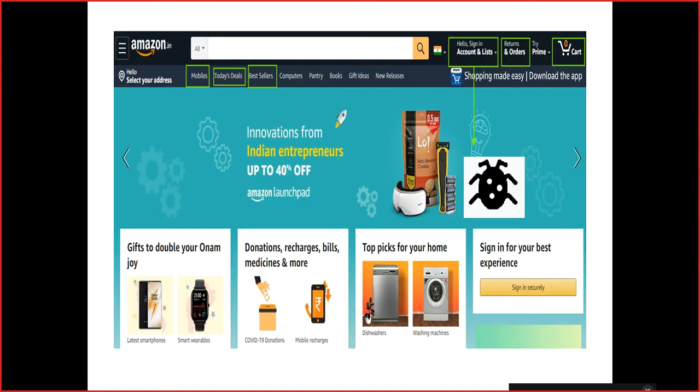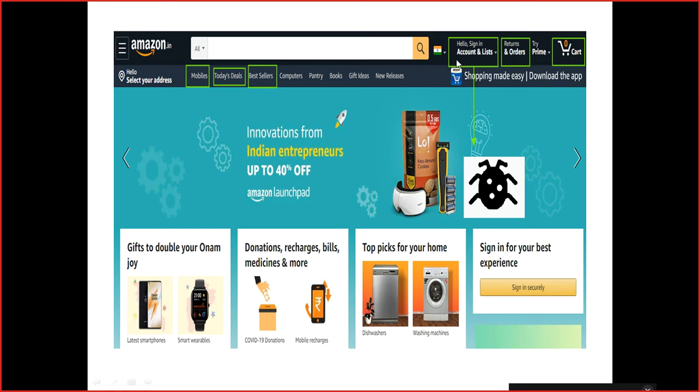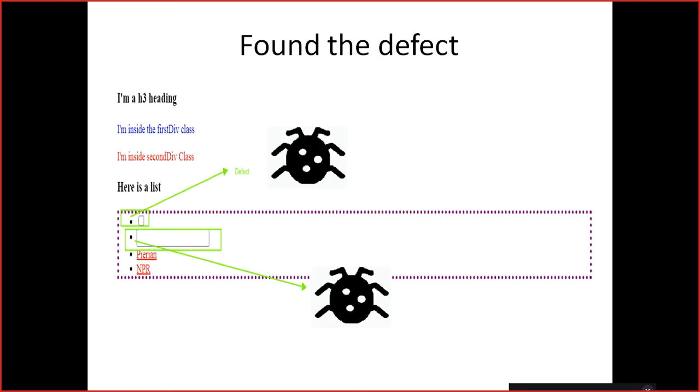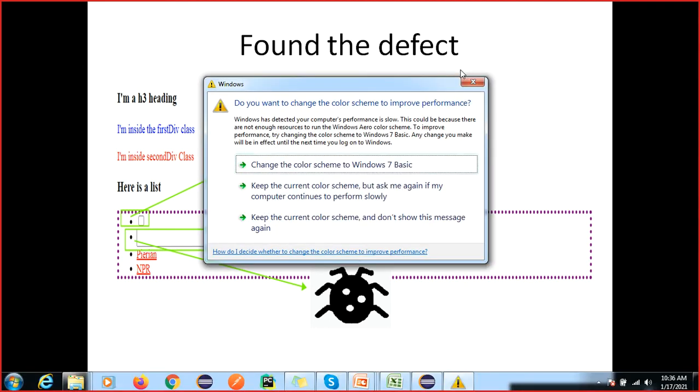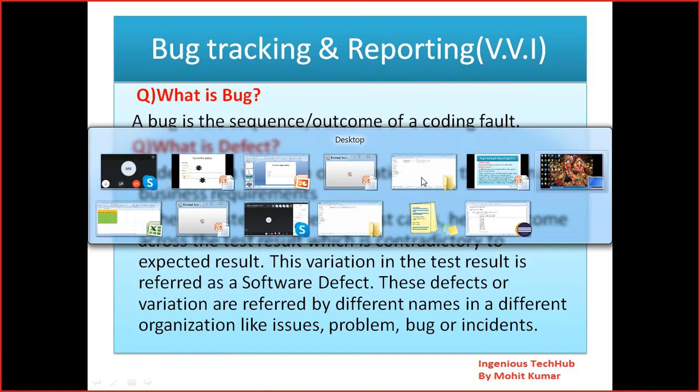This is the defect we found. I have given one more example. Actually, I did not remove anything here; I just gave an example of a defect you found. Or if you hit enter on the Amazon application and the accounts and lists are not displaying or not working, actual and expected are not matching. Then how do you raise the defect? Some people will call this a bug. You can use any name, defect or bug. So what is the defect life cycle?